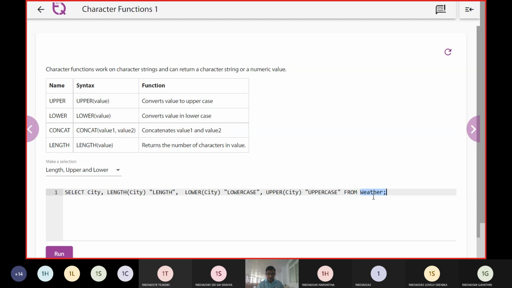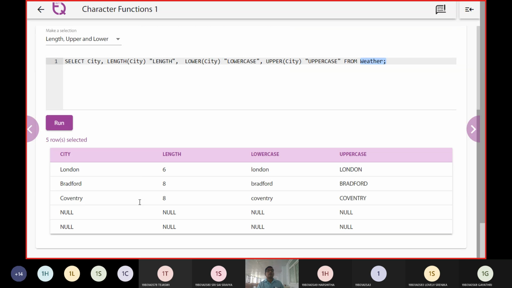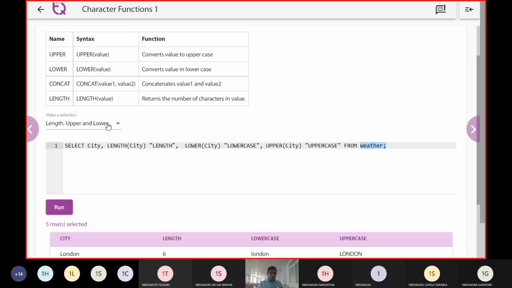The query execution will start from the FROM clause, that is where weather, and thereby it applies all the single row functions. When we hit the run button, you can see the city name was London, the total number of characters was 6, therefore length of city was 6. So now we write the things in lowercase, and we write the things in uppercase.